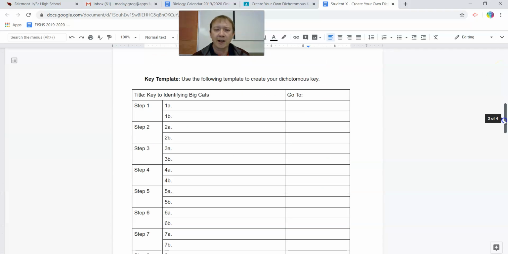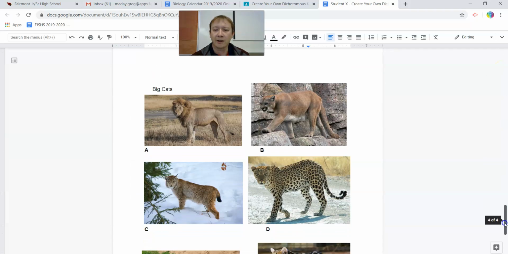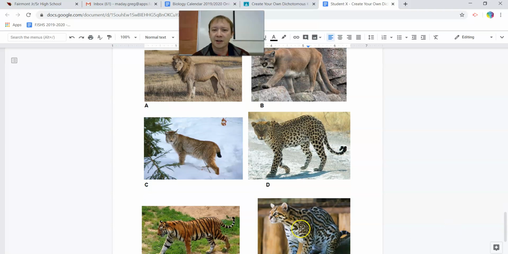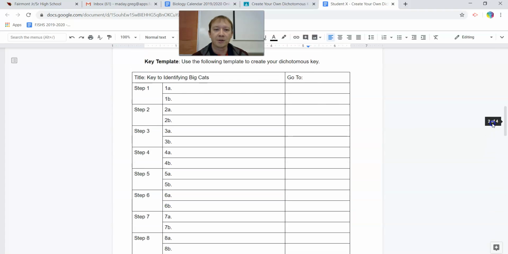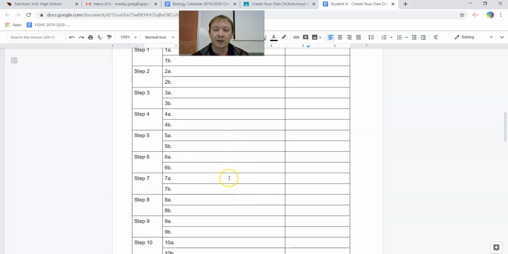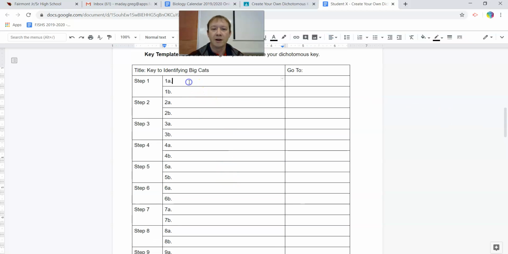I'm going to go slightly different. When I'm looking at mine, I'm going to look at them and go, okay, we have our 6 big cats here. I'd say, okay, I'm looking at the color of their fur. So I'd say, does the animal have a solid fur coat or a solid color? So I come up here, step 1. You're not going to use all 10 steps. You're going to use however many steps you need. But the first thing I say is,